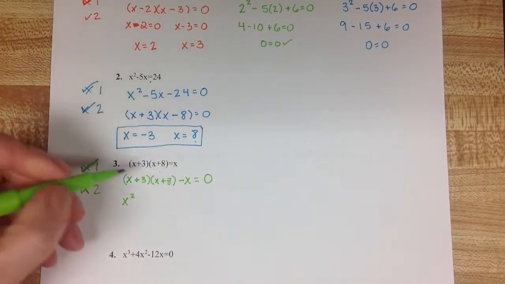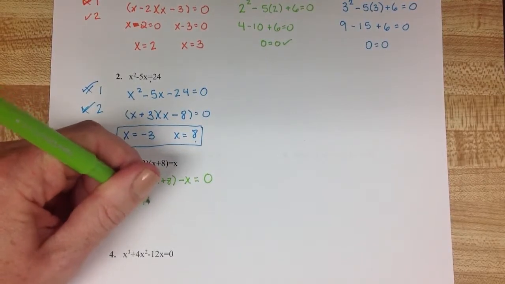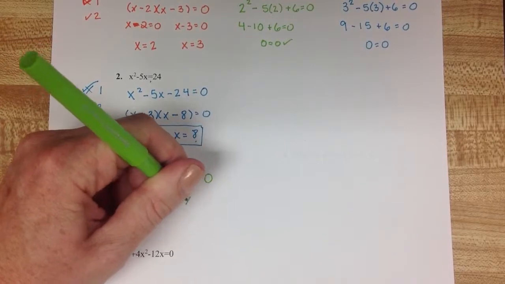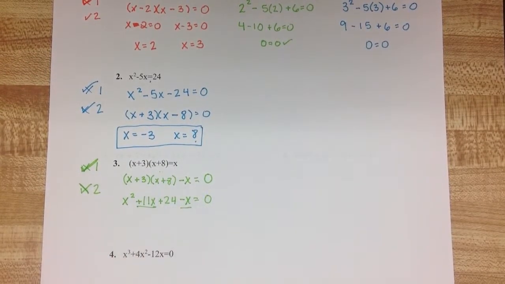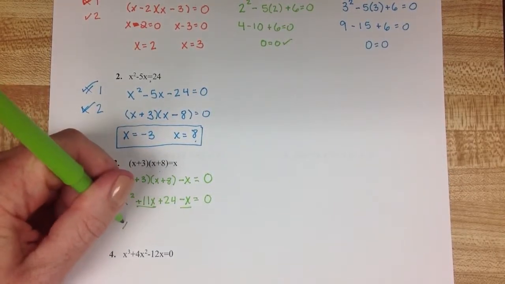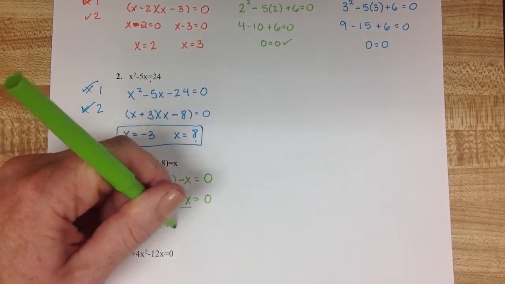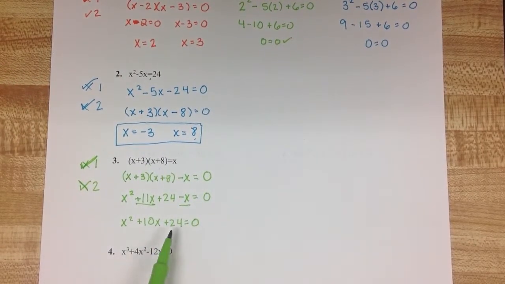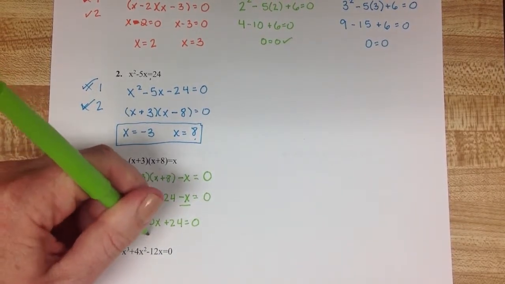We've got an x squared plus 3x plus 8 more x is going to give us 11x's plus 24 minus an x. Now I can combine these two like terms, and I'll have x squared plus 10x plus 24 equals 0. And now I'm looking for factors of 24 that will add to 10. So refactoring,